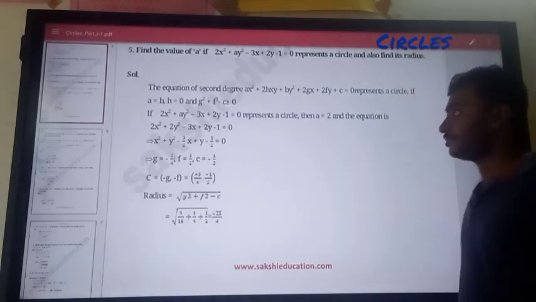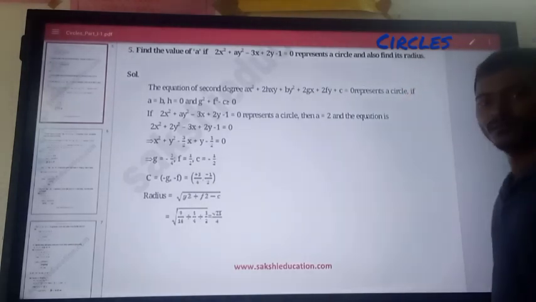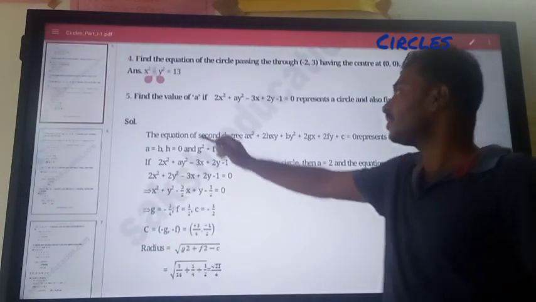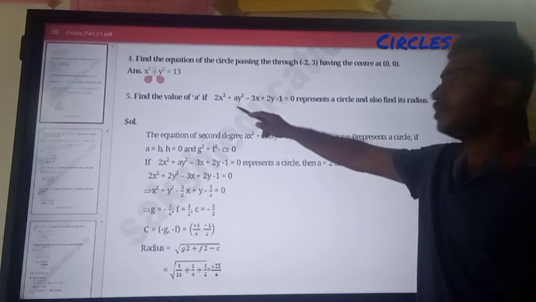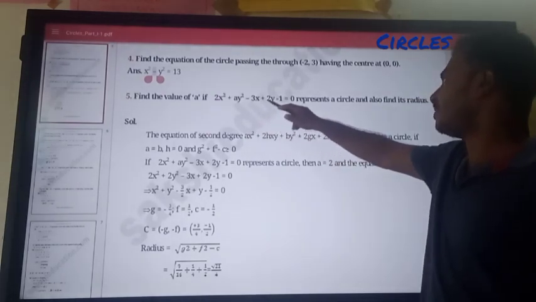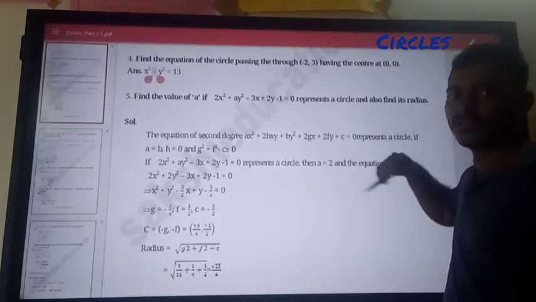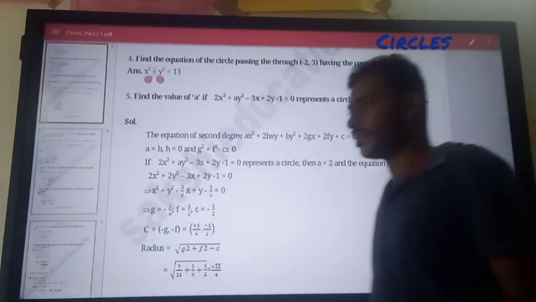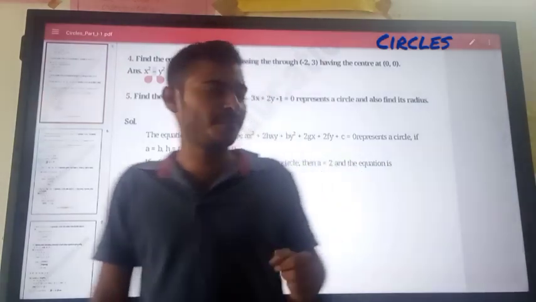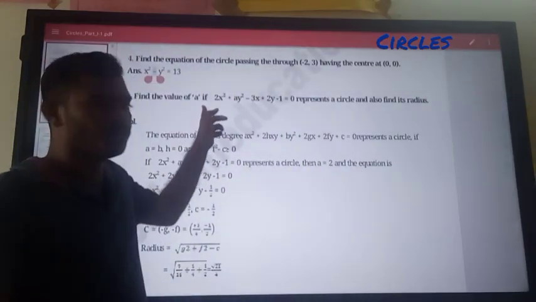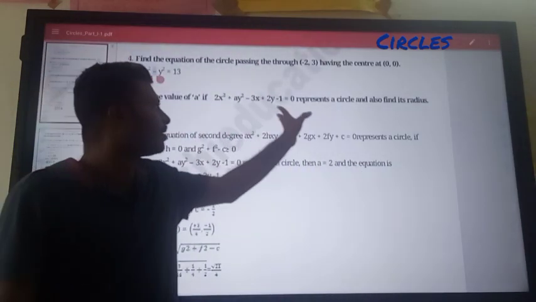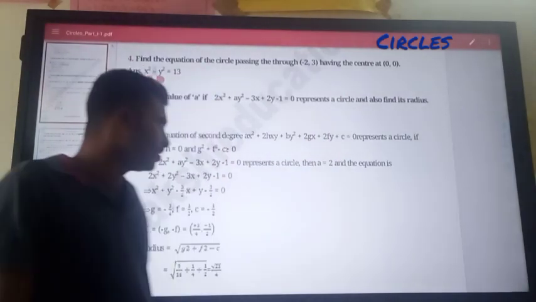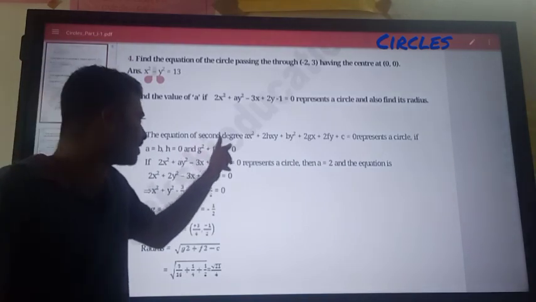Okay, now next problem, that is, find the value of a. 2x² plus ay² minus 3x plus 2y minus 1 equal to 0 represents a circle, and also find its radius. So clearly they have given, find the value of a, the given equation represents a circle, and find its radius. So the equation of second degree